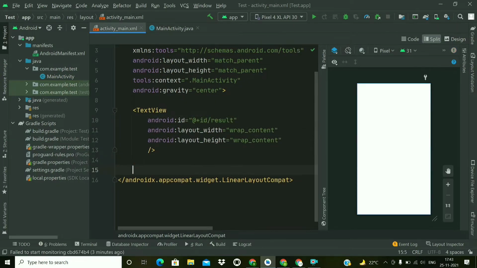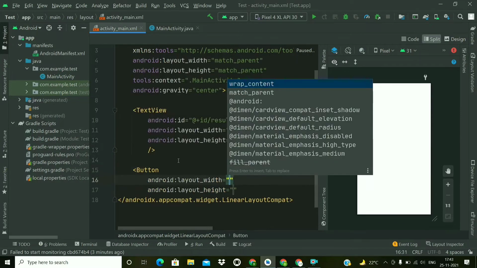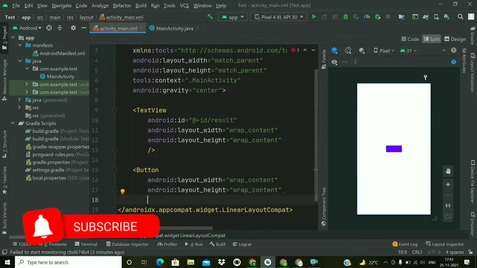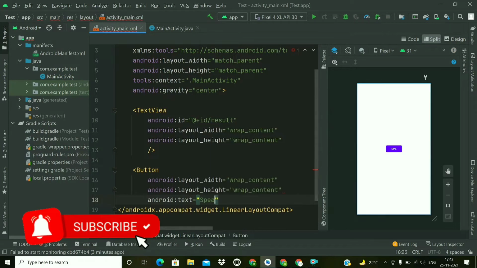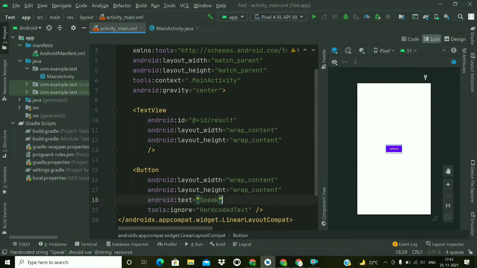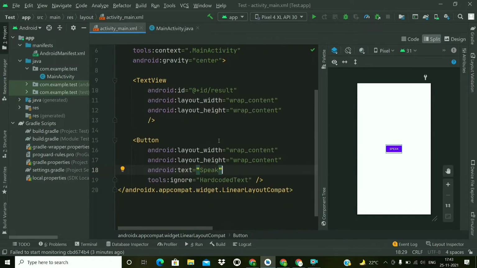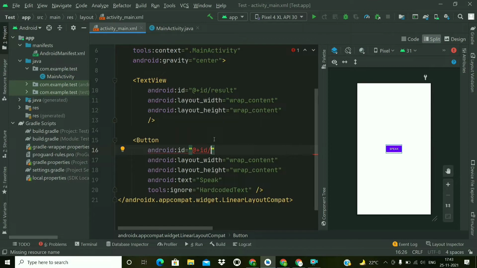Now we will add a button with height and width of wrap content, and we will add text as speak. For now we will suppress this warning, and I'll give an ID to this button, ID speak.